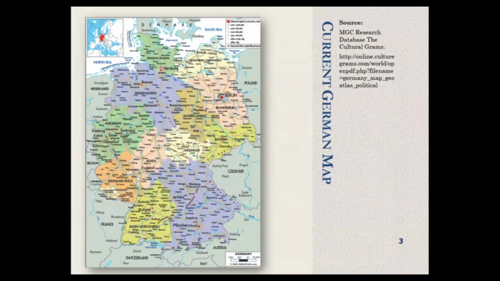And this is a current German map. There are now 16 states in Germany, including three city-states: Hamburg, Bremen, and Berlin. You can also see the largest state, Bavaria, and even the place where I lived, Karlsbad, with a lot of Germans there, Karlovy Vary. It is a very big spa city in western Czech Republic.